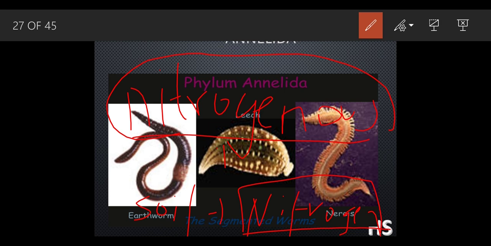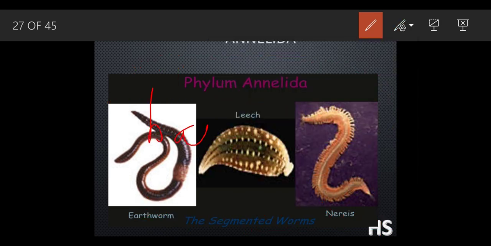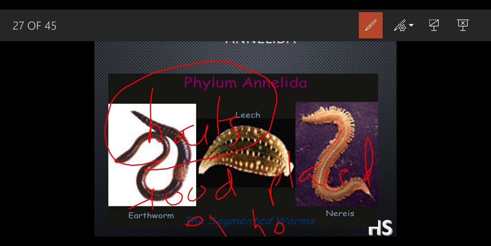Many people use earthworms as bait also. Bait is the food placed on a hook by fishermen to catch fish. You have seen fishermen on the hook side, they hang this earthworm so that many of the fish get attracted toward this food, and this is how the fishermen catch the fish.